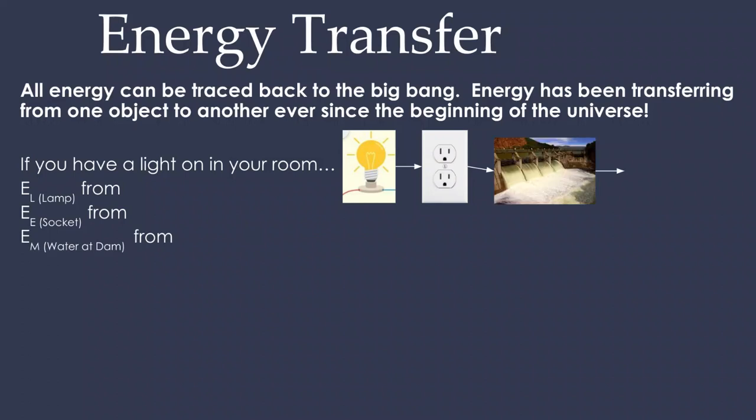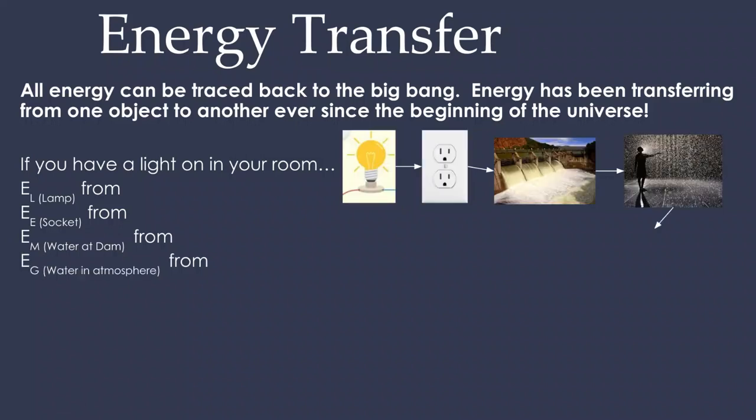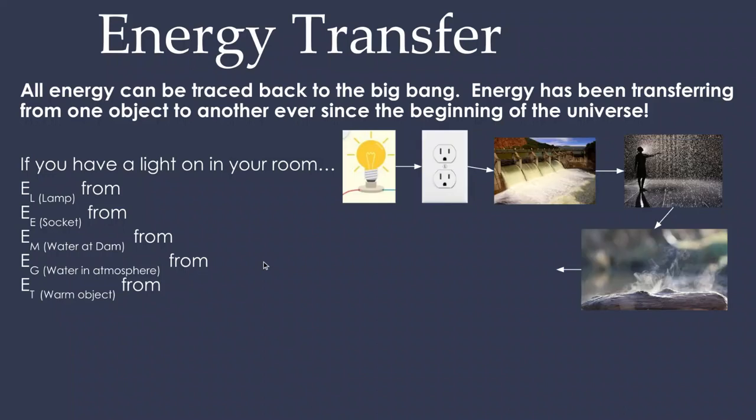We're talking hydroelectric energy, where that water is moving, kinetic energy moving within the dam to generate electricity, which came from water in the atmosphere, the rain that filled up that reservoir, which came from, oh, and that's gravitational energy as that water fell down, which came from a warm object that was evaporating. We have some thermal energy as that water is evaporating off of, in this case, a wet log, which came from